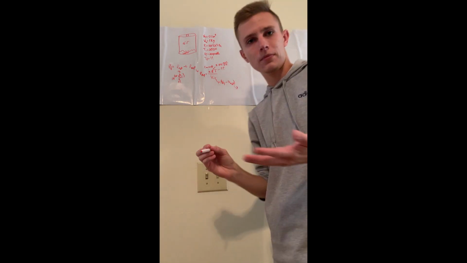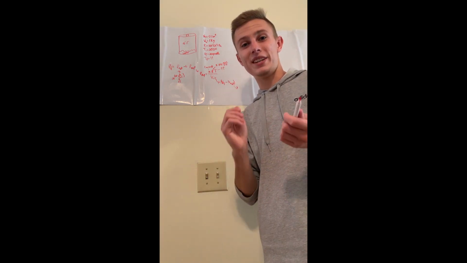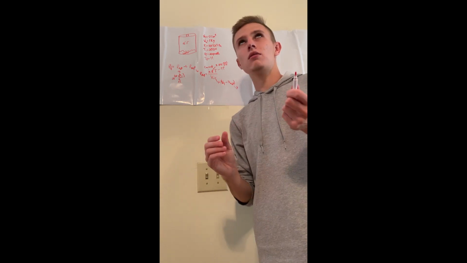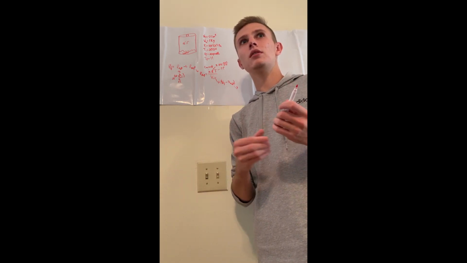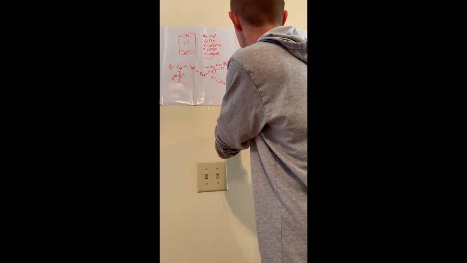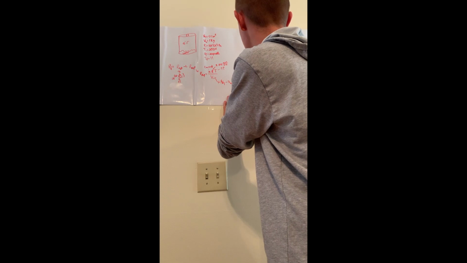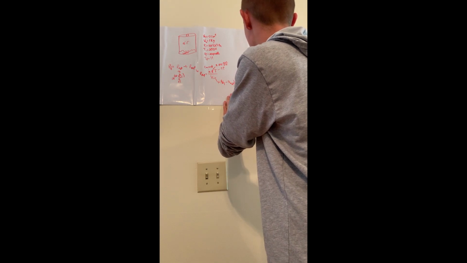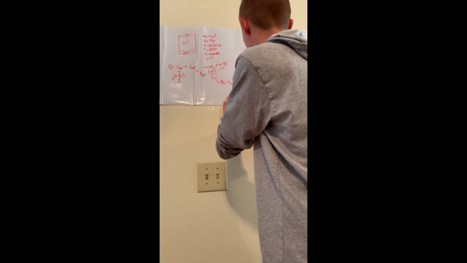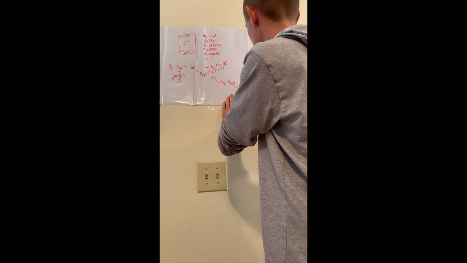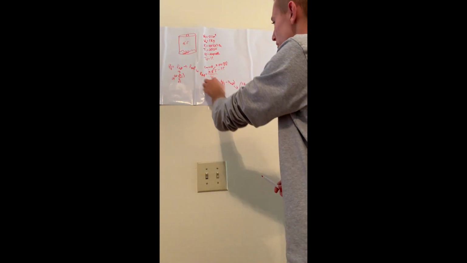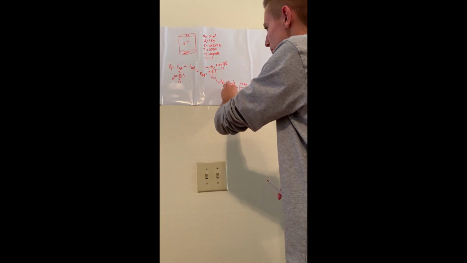So volume equals mass over density. We know the density of water to be 1,000 kilograms per meter cubed. So we can solve for this knowing that we have 1 kilogram of water over 1,000 kilograms per meter cubed. Okay, so using this we can find the volume of the water, which is